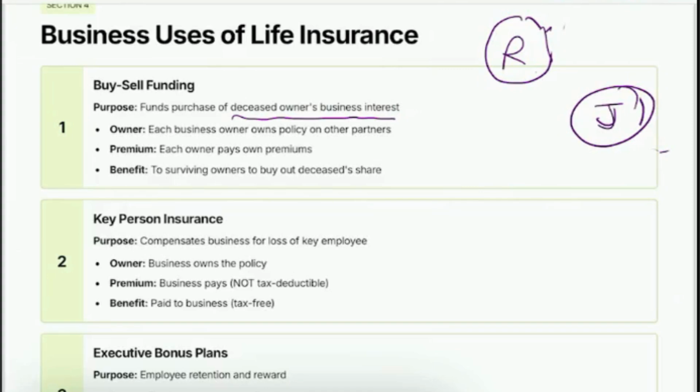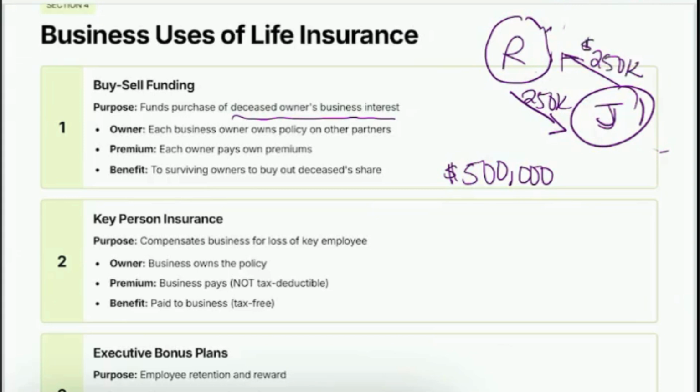So Jonathan and I, we bought this agency together, and then we did buy a buy-sell agreement. What it is: I buy a policy on Jonathan, and Jonathan buys a policy on me. And remember, we were fake evaluating this agency at $500,000. So my half would be $250,000 on Jonathan. Jonathan buys a $250,000 policy on me. He's the owner of the policy on me. He owns this $250,000 policy on me so that if anything were to happen to me, it seems so morbid,